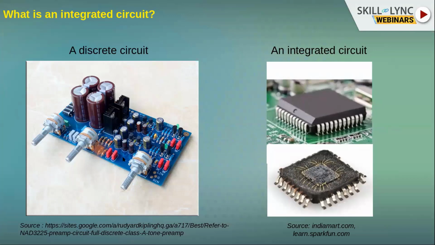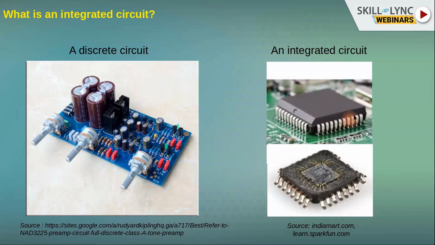On the left, you can see how a discrete circuit looks, with all these clumsy components sitting on the PCB. If you want to use this as a subsystem for a bigger, larger system, you can see how much space it is consuming and how difficult it can be to debug anything upon this. On the right side, you can see a beautiful picture of an integrated circuit.